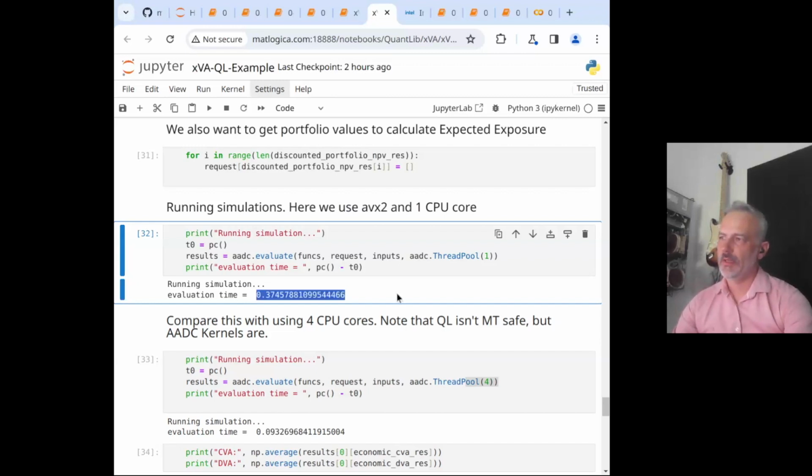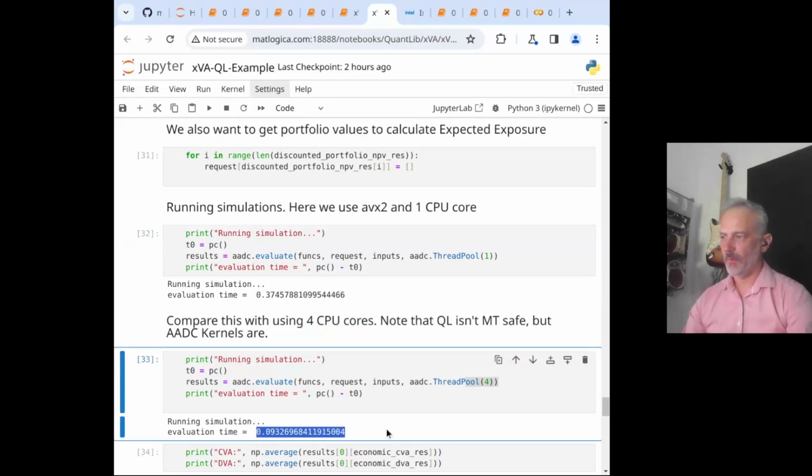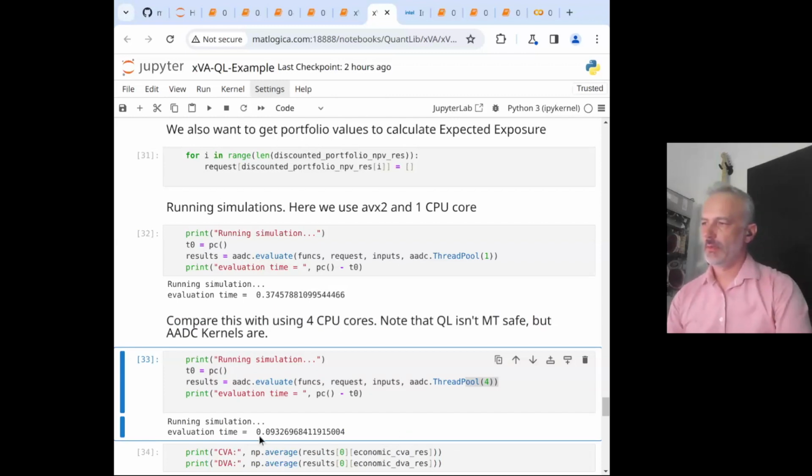So we're getting about a 1.8x performance boost by switching to AVX 512 technology. And for 4 cores, we had about 150 milliseconds. We're now in the region of 90 milliseconds, right?